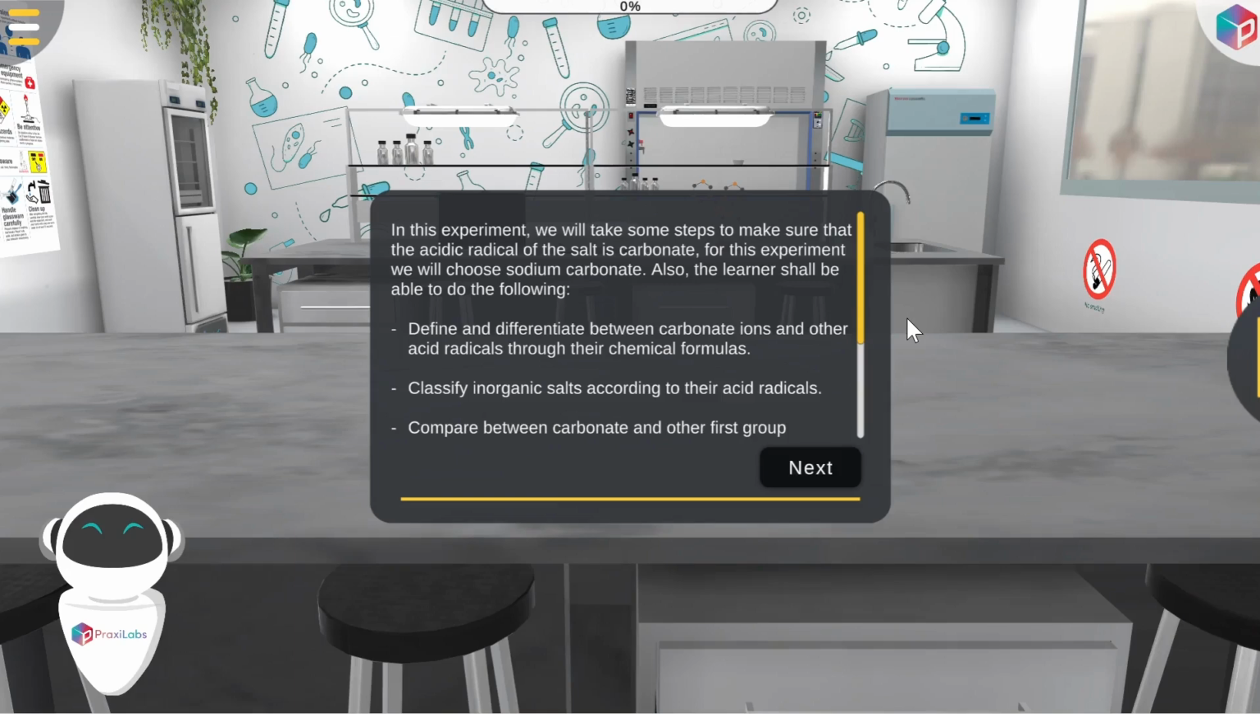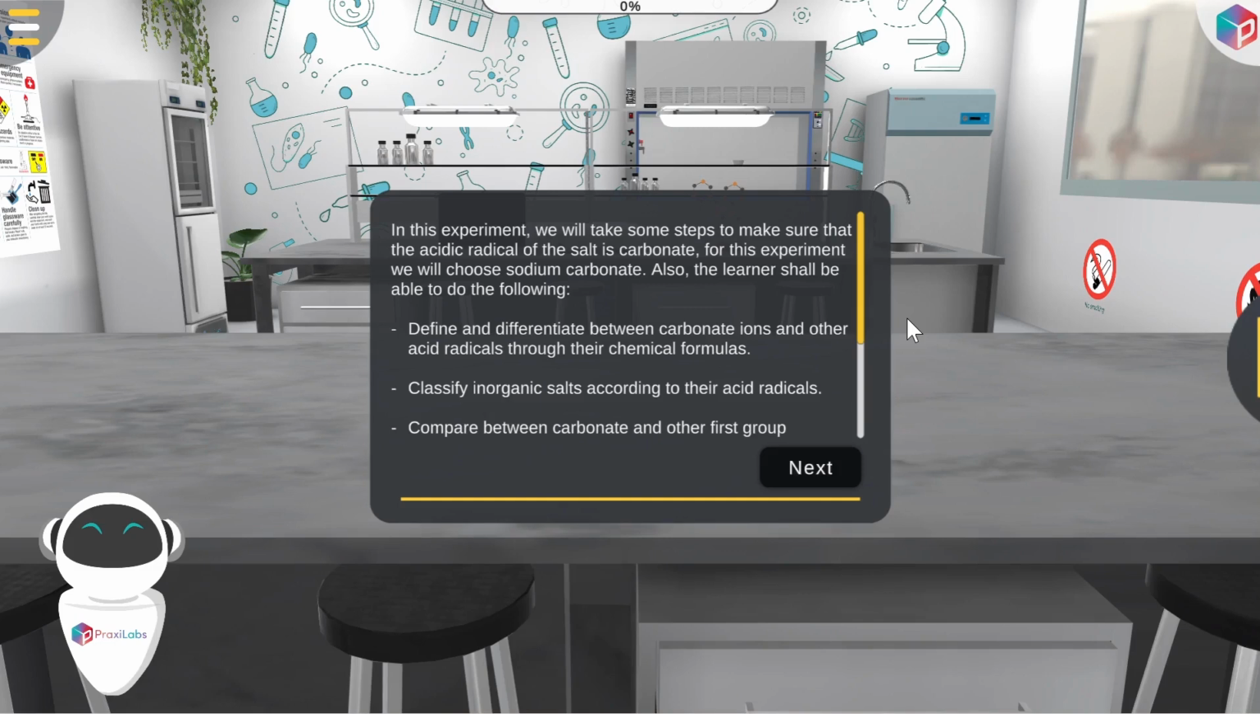Welcome to the carbonate radical test experiment. In this experiment, we will confirm whether the acidic radical of the salt is carbonate using sodium carbonate as our sample. By the end of this experiment, you will be able to define and differentiate between carbonate ions and other